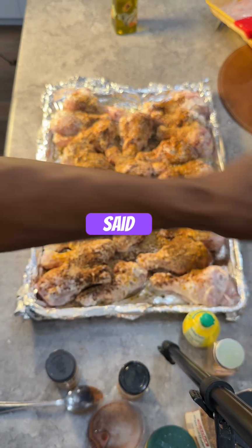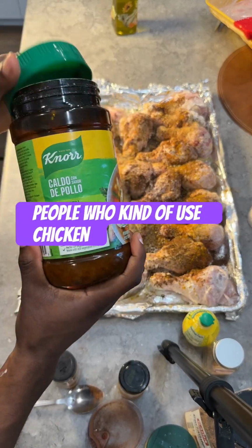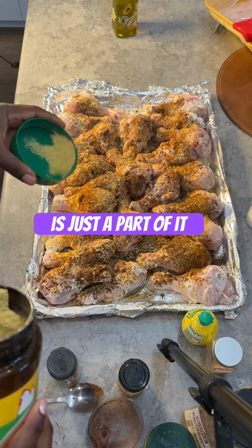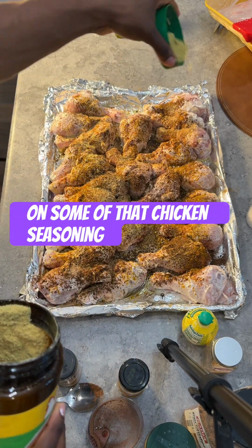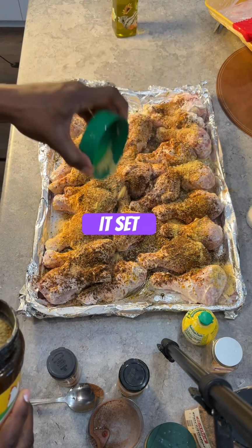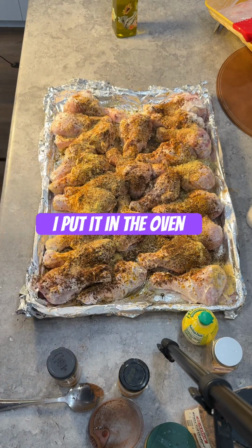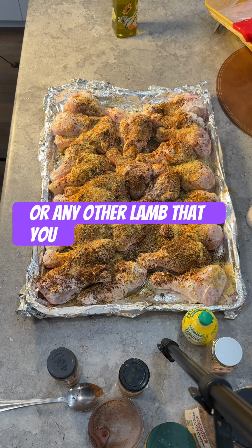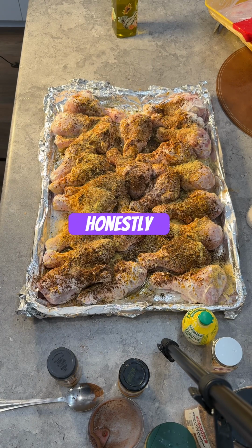Like I said, people kind of make fun of people who use chicken seasoning, but I don't know why, chicken seasoning is just a part of it. So we're going to sprinkle on some of that chicken seasoning, and I'm not going to mix this up. I'm just going to let it set before I put it in the oven. A lot of people actually think chicken is not a superior meat, but it actually is. It's cheaper than both beef or any other lamb that you can afford. And honestly, if you spice it right,